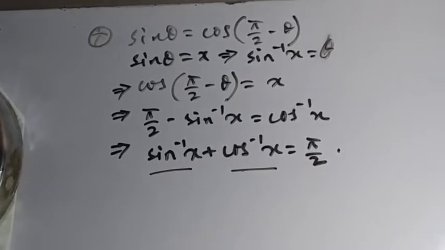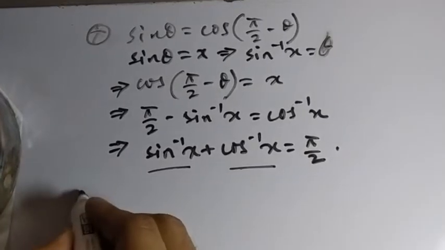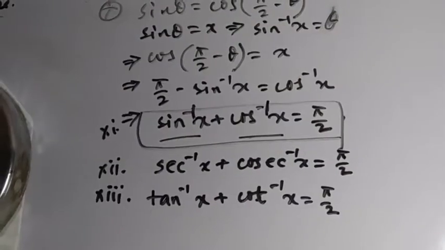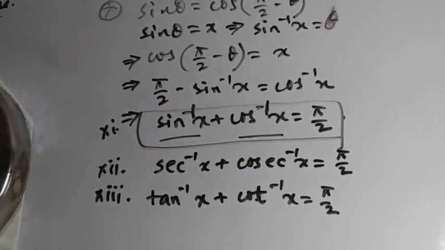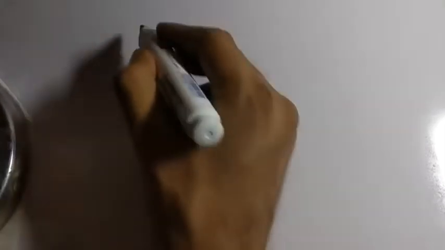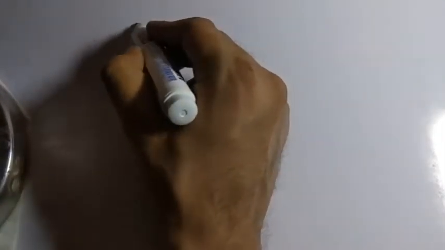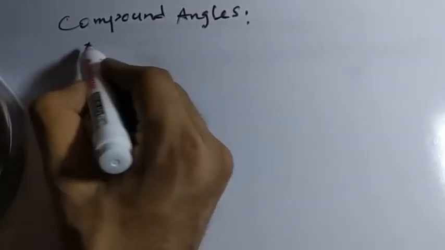So depending on this we can get the next formulas. Let me write them. These are the formulas using that property. Now we come to the formulas that depend on compound angle formulas. So first of all, what are the compound angle formulas? In compound angles,